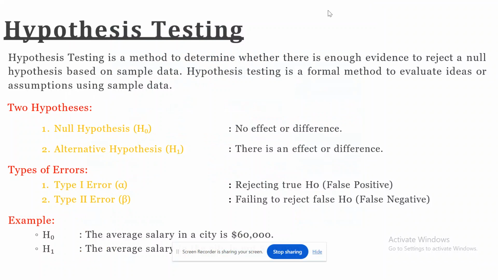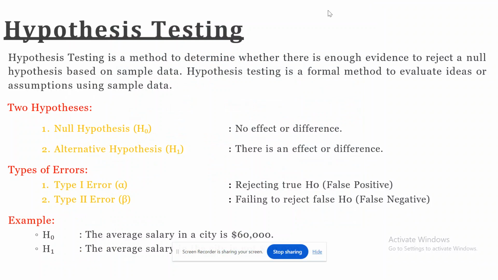So what is actually hypothesis testing? Hypothesis testing is the method to determine whether there is enough evidence to reject a null hypothesis based on the sample data. So I will explain it with the help of an example. For example, I have a population, I will talk about Pakistan. On that population, I have a hypothesis, or you can say a claim, which means that the average age in Pakistan is 47. It's just an example. So to prove this thing,